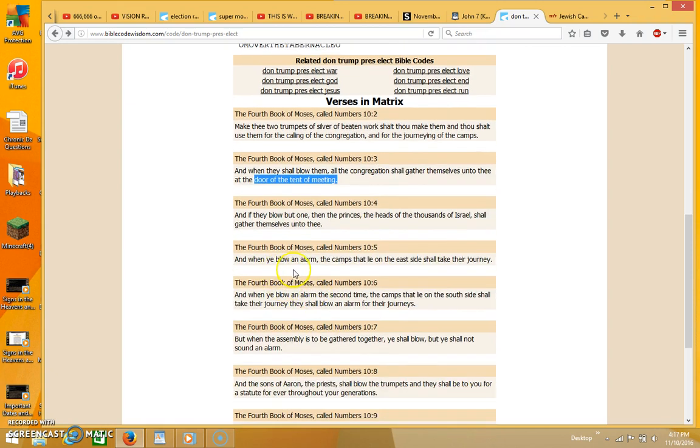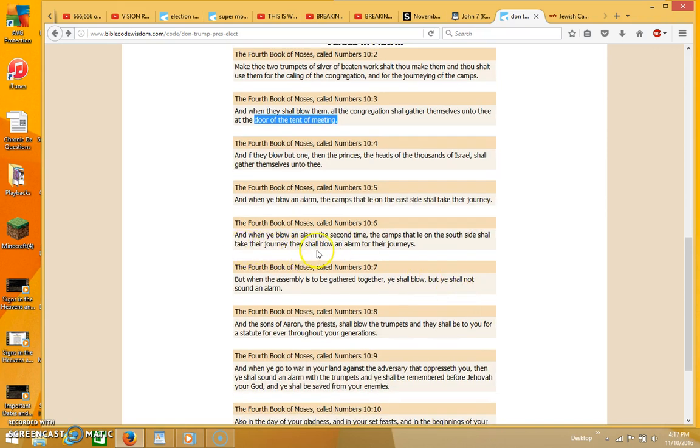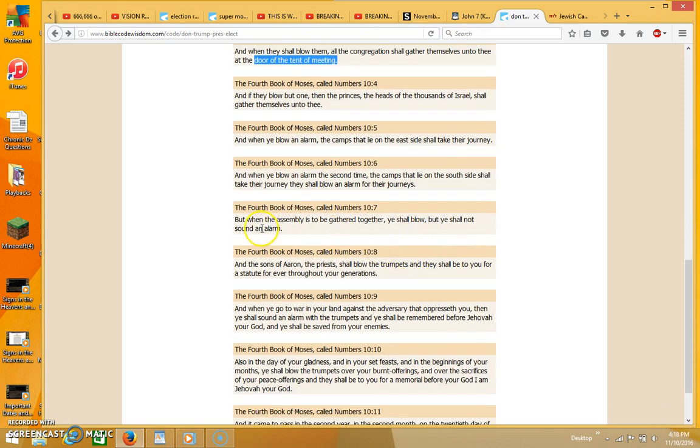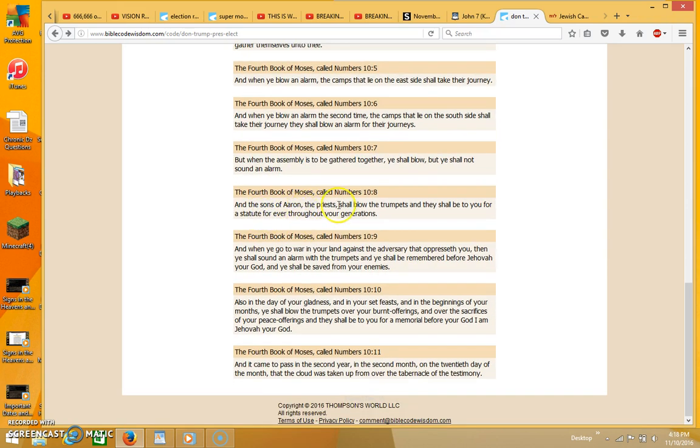And when you blow an alarm, the camps that lie on the east side shall take their journey. And when you blow an alarm the second time, the camps that lie on the south shall take their journey. They shall blow an alarm for their journeys. But when the assembly is to be gathered together, you shall blow, but you shall not sound an alarm. And the sons of Aaron, the priests, shall blow the trumpets, and they shall be to you for statute forever throughout your generations. And when you go to war in your land against the adversary that oppresseth you," and that's